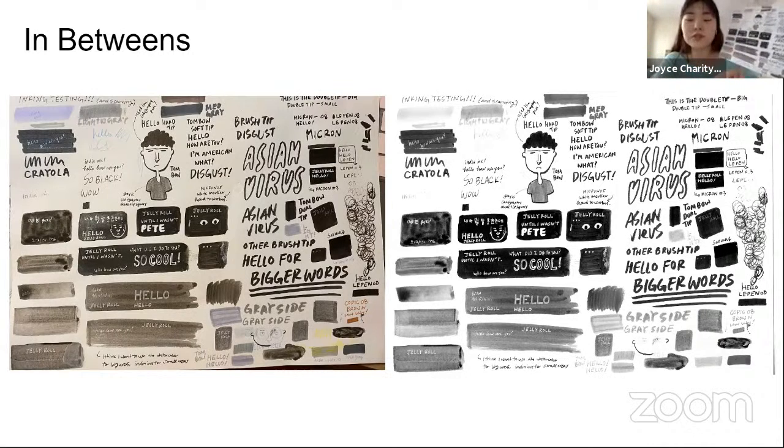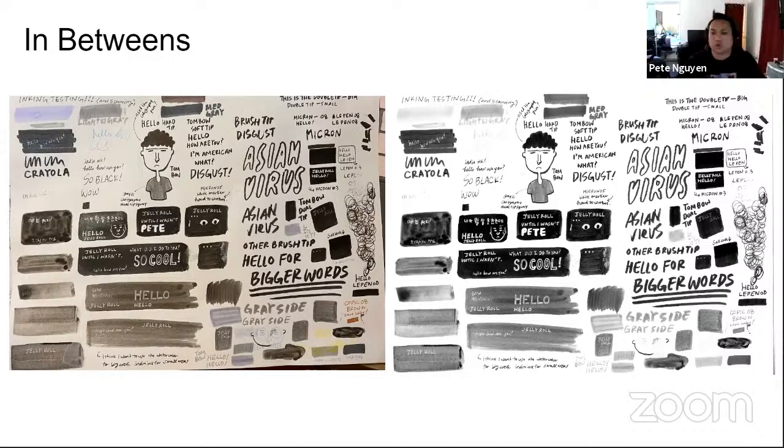I just tried different kinds of medium, like gouache, watercolor, brush pens and marker pens and whatnot. The picture on the left is the actual paper, and the one on the right is the scanned version. I used this throughout the whole process as a key and a reference point. I was constantly looking at the two and thinking, okay, I want to use this to get this result. And if you can go to the next slide,